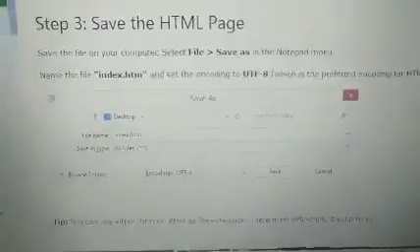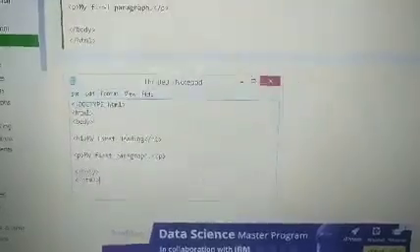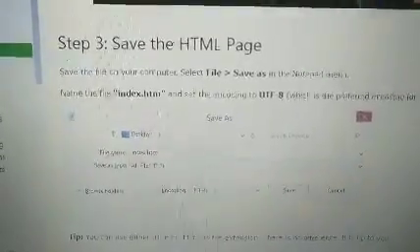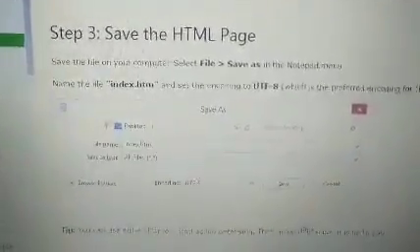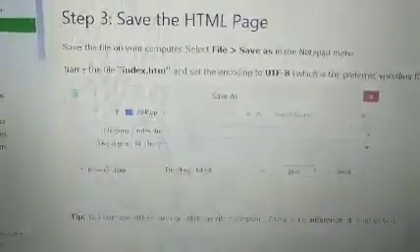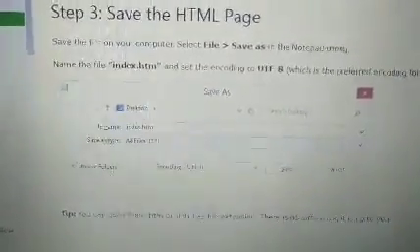We have written the code, but it is untitled. Why is it untitled? Because we have not saved it yet. Then we have to click on the File section of Notepad. See here, the File section is there. We have to choose the location and give the name. After giving the name, you have to put the extension .html. This is the extension of the HTML file.